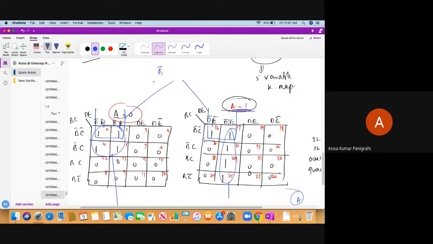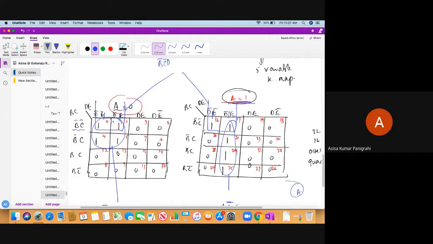Yes. D bar is common. Anything else? B bar, D bar, anything else, students? And C bar is also common. C bar. Okay. B bar, C bar, D bar. Okay. So do you all understand? So here B bar, C bar is common, and between these two, D bar is common.